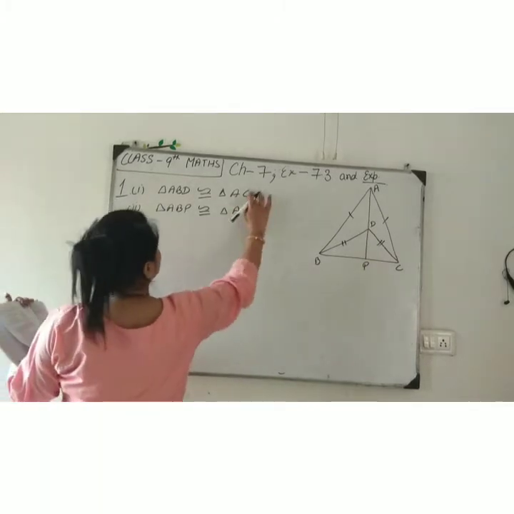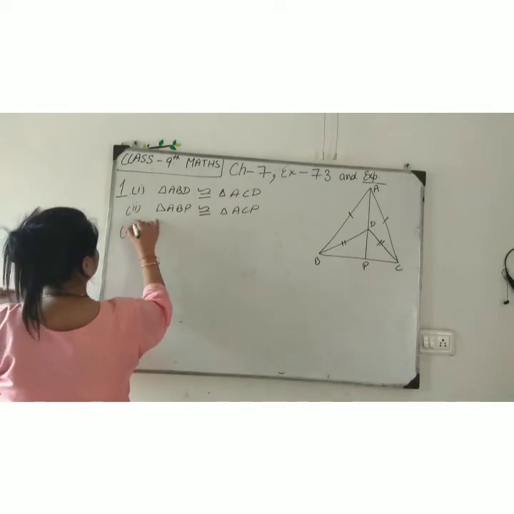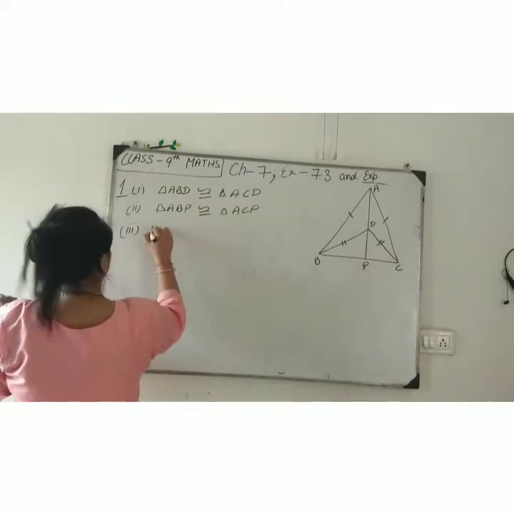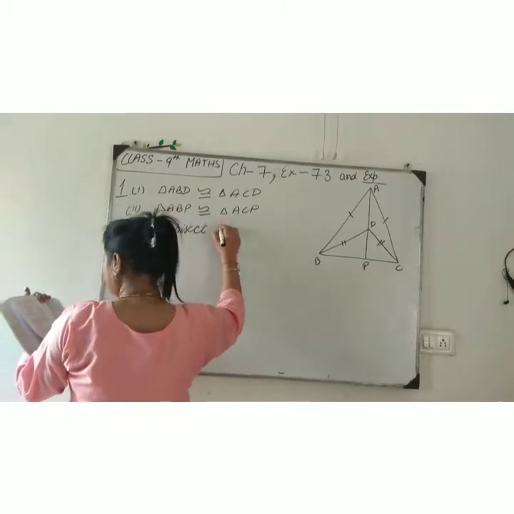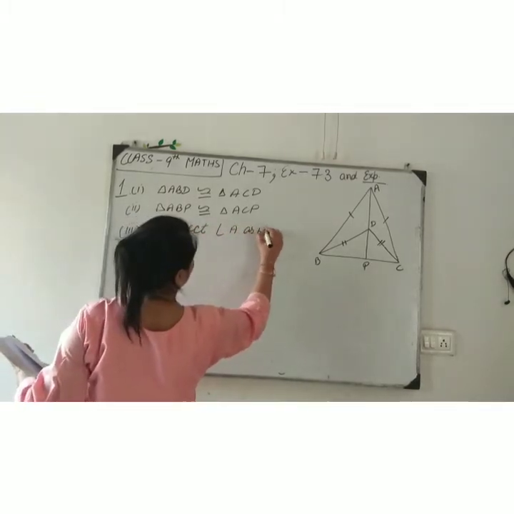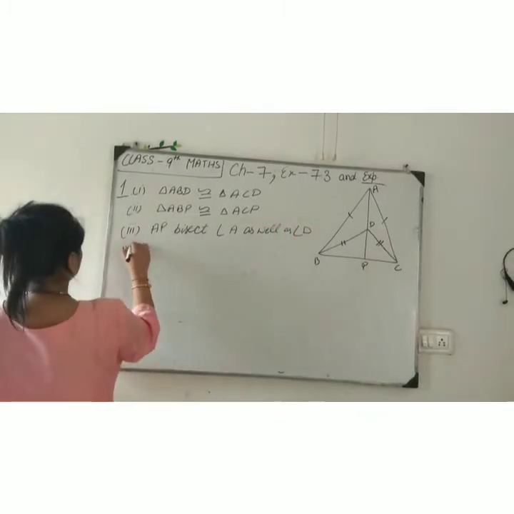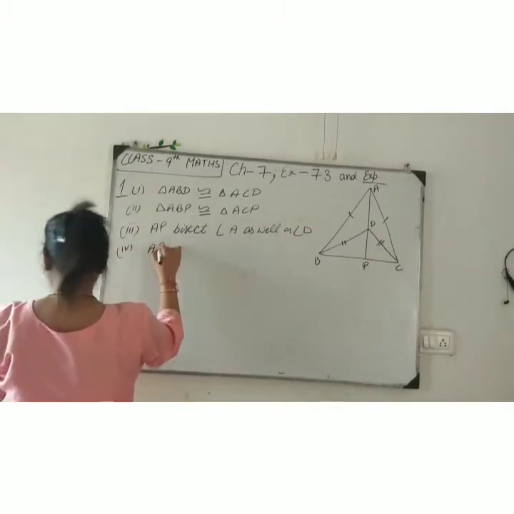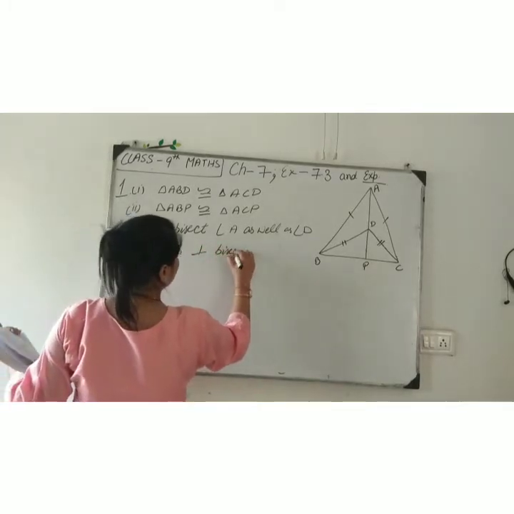Sorry, here it is D. Number 3, AP bisects angle A as well as angle D. And the last one, AP is the perpendicular bisector